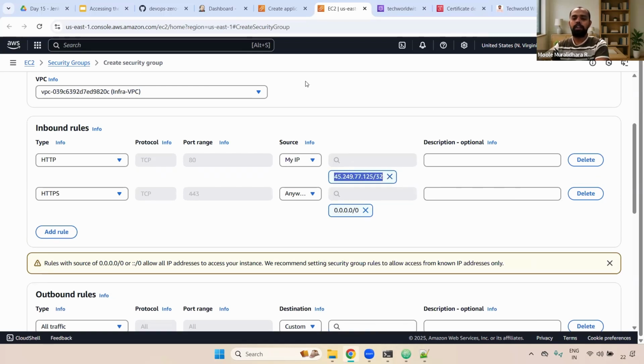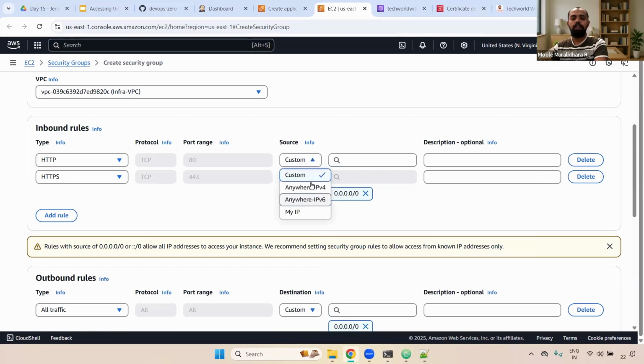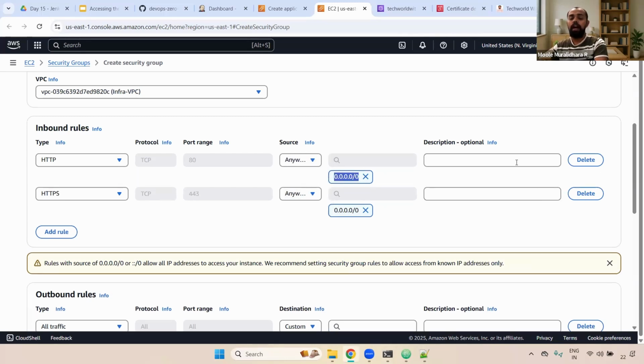Okay, for example, this guy is one of the clients. This configuration is especially done if you have APIs. The APIs are internet facing, but only a few users can access the particular API. Then we can give their specific IP address. But instead of that, what I'm doing here is just giving anywhere. And if you are creating an internal application load balancer, instead of giving 0.0.0.0, we can give